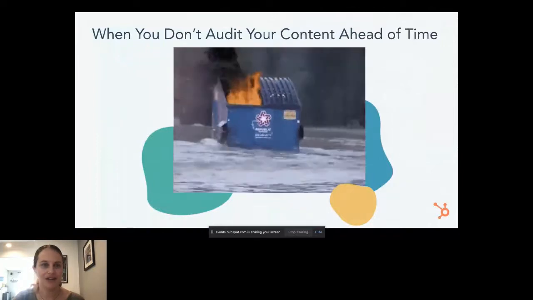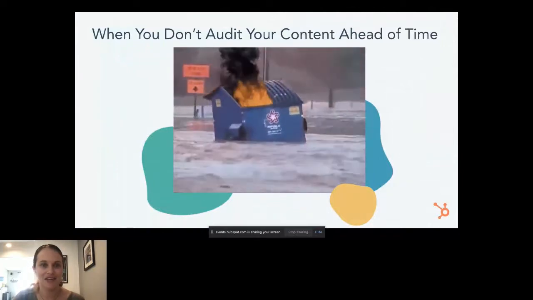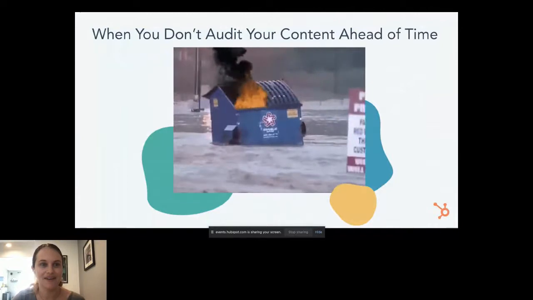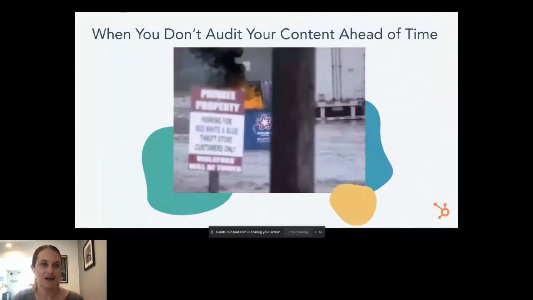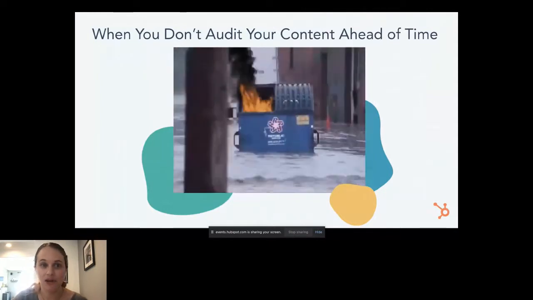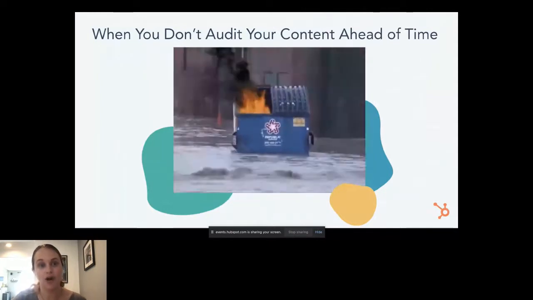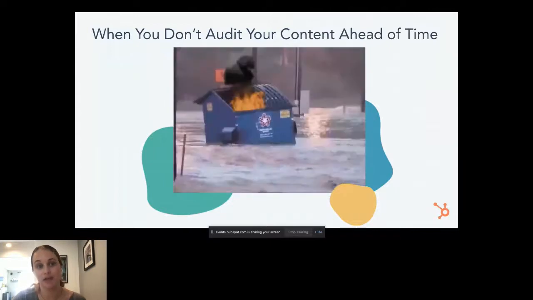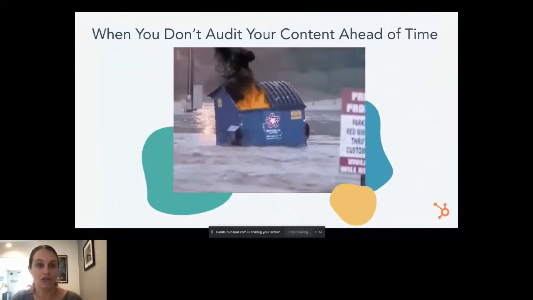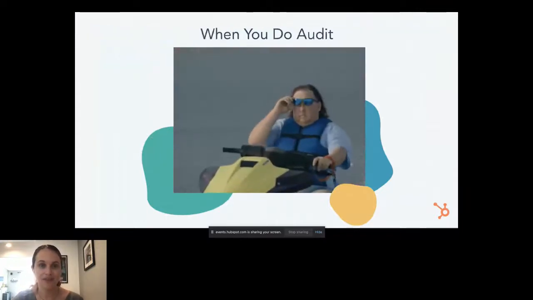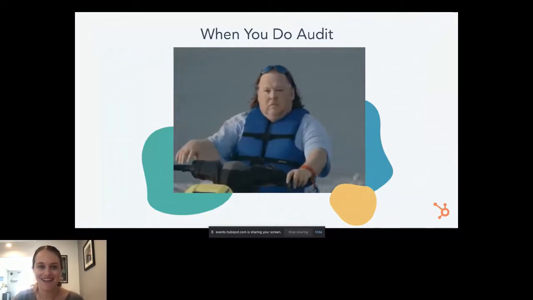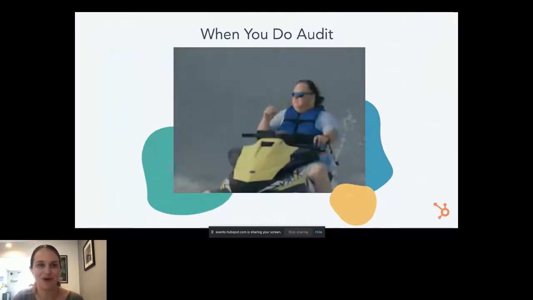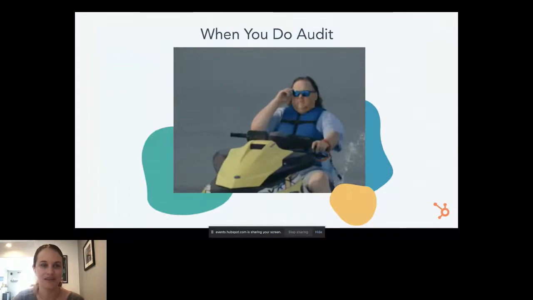When you don't audit your content ahead of time, it can create a bit of a dumpster fire, to be quite honest. You want to make sure that smart content is making things simpler and not adding complexity. You want to make sure that it's actually streamlining your processes and your buyer's journey and not making it more difficult. And when you do audit and make sure that everything is clean and your data is good ahead of time, it'll feel really good and you can see the smart content actually working for you.